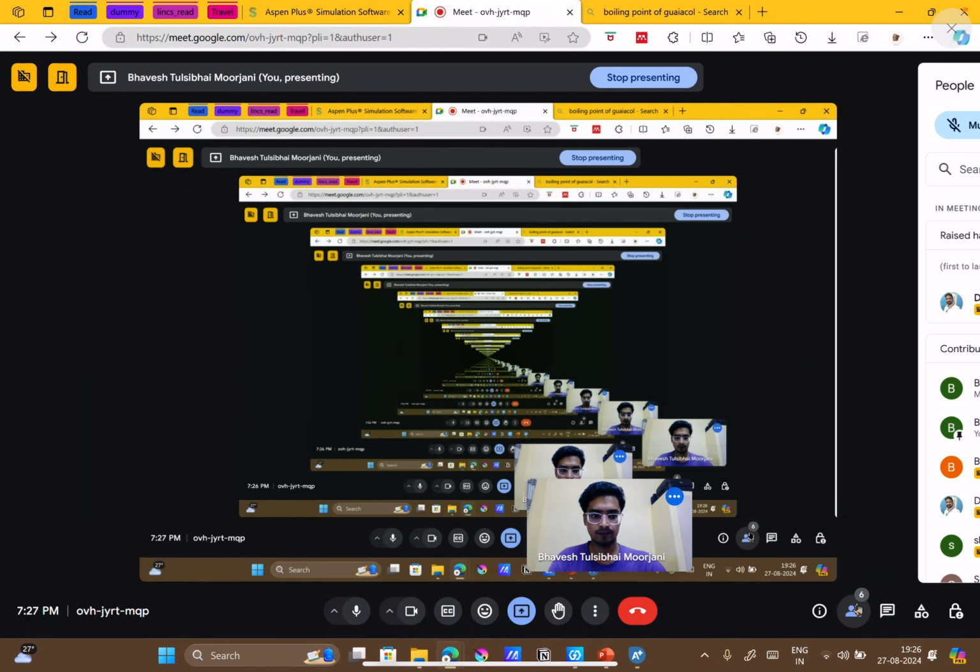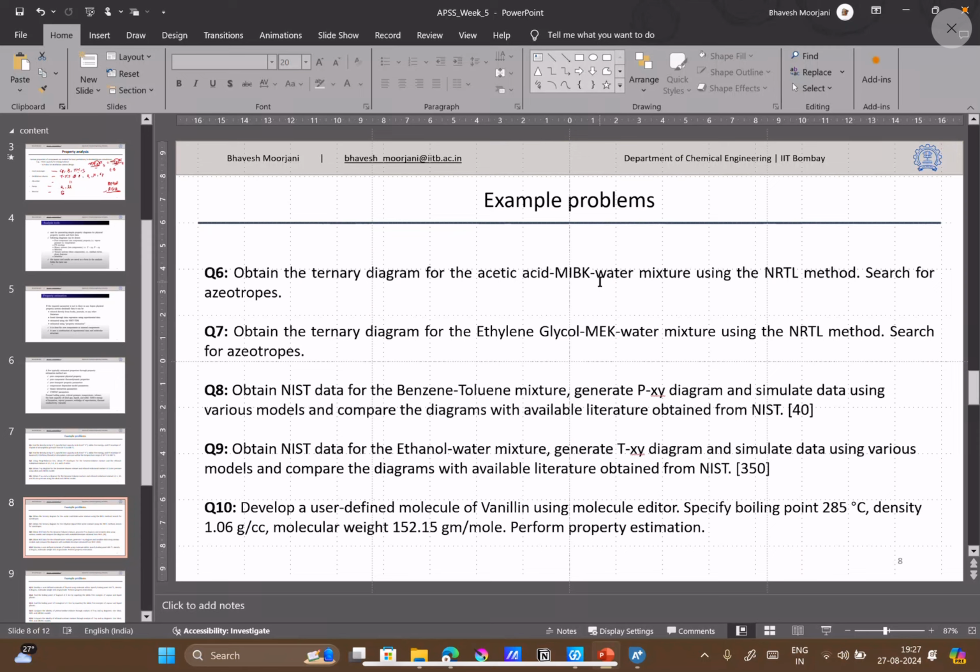So question 6 is to obtain the ternary diagram for the acetic acid, MIBK, water mixture using the NRTL method, and here we have to see whether islands are formed or not. Similarly, question 7 asks for the ternary diagram of the ethylene glycol, MEK and water mixture. MIBK is methyl isobutyl ketone, and MEK, you might know, is methyl ethyl ketone.